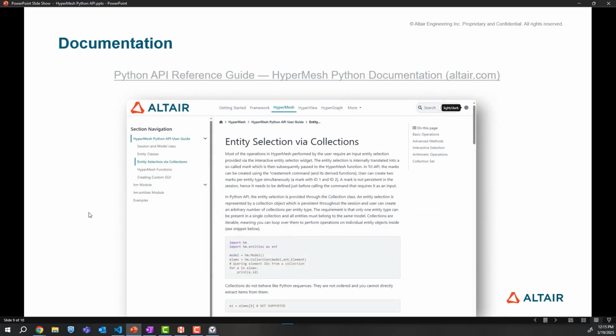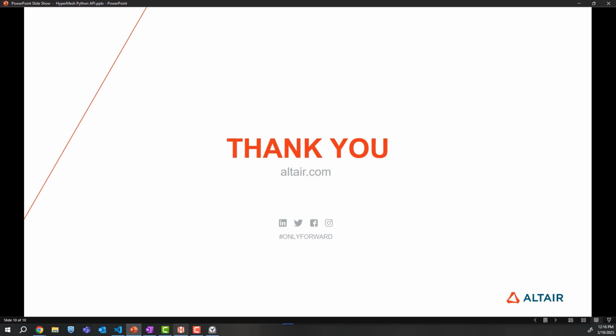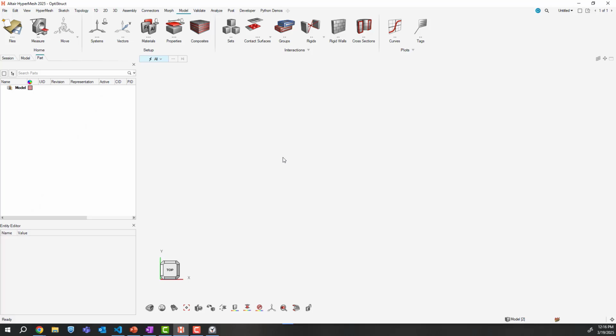Lastly, our documentation. I'll send out a link to this as well, but you'll find that on our help, and it has some great references for how we structure our entity classes, how we define the HyperMesh functions, and then as always some great examples. Let's go ahead and jump into the HyperMesh client and talk a bit about some of